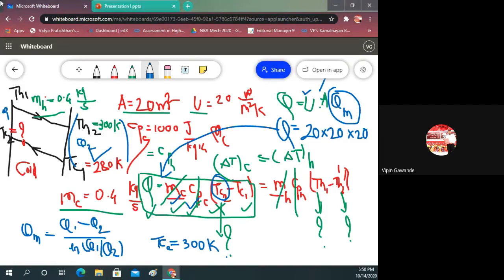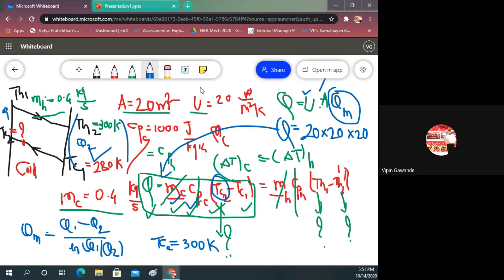So that's why, when we take theta 1 and theta 2 as the same, only then will this temperature difference be the same. So this will give us the same temperature difference. That's why we are taking these two temperature differences as the same. Otherwise, you have to remember, whenever the MCp is the same, theta 1 is equal to theta 2.